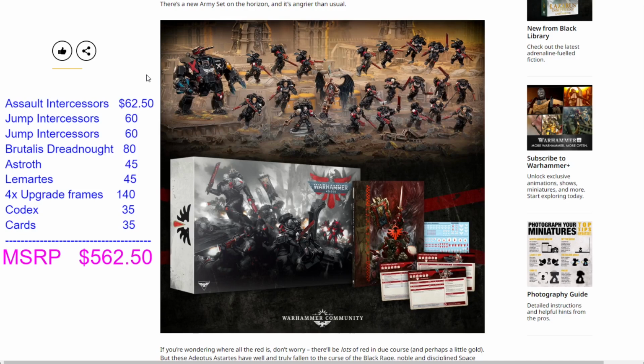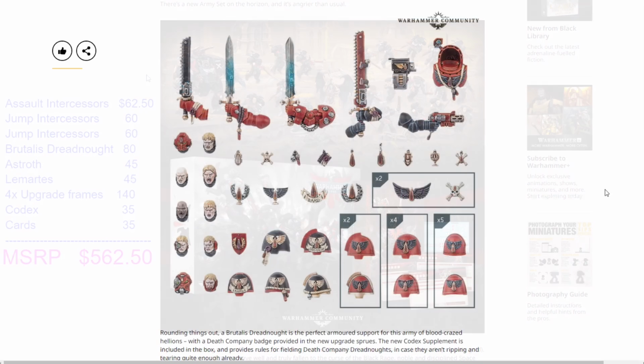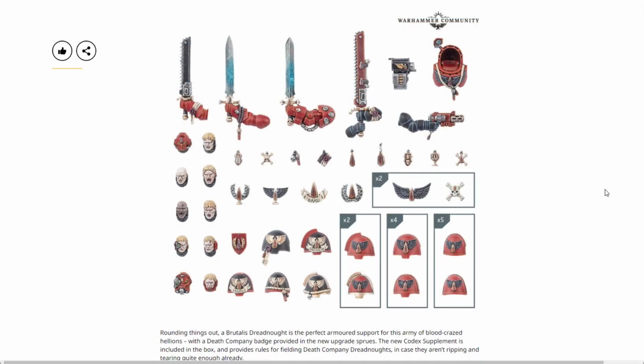And we know that over the last few years, Games Workshop has been trending towards whatever's in the box is what's available as an option. So in this case, for the Assault Intercessors, you're going to get a Power Fist, a Thunder Hammer, a couple Plasma Pistols, and a Power Sword. The actual upgrade frame also includes another Power Sword and then the Eviscerator, as well as an Inferno Pistol. So realistically, I think that the future Death Company options are probably either going to look more like what's available in one kit of Assault Intercessors or Jump Assault Intercessors, as well as one upgrade frame,